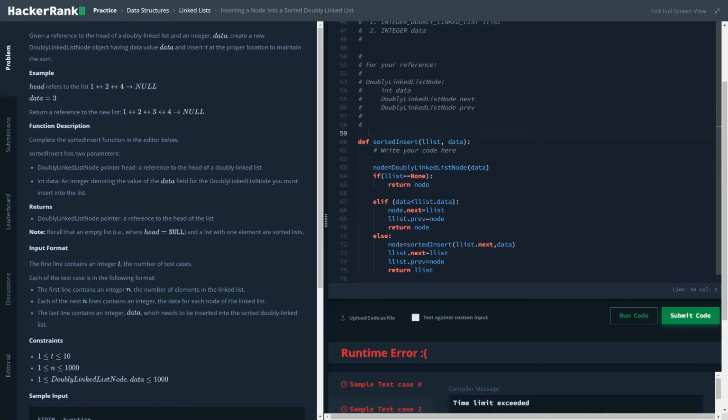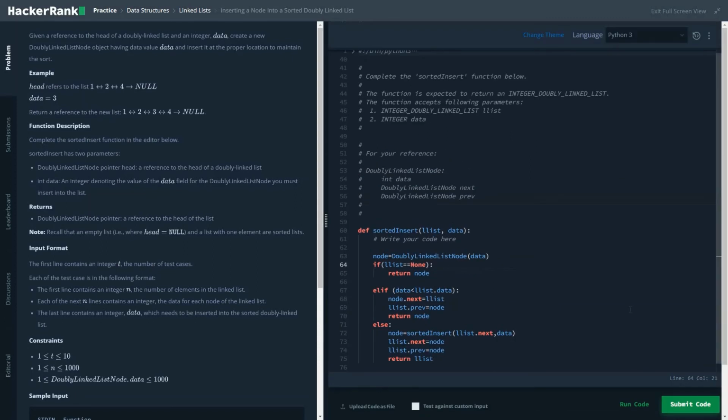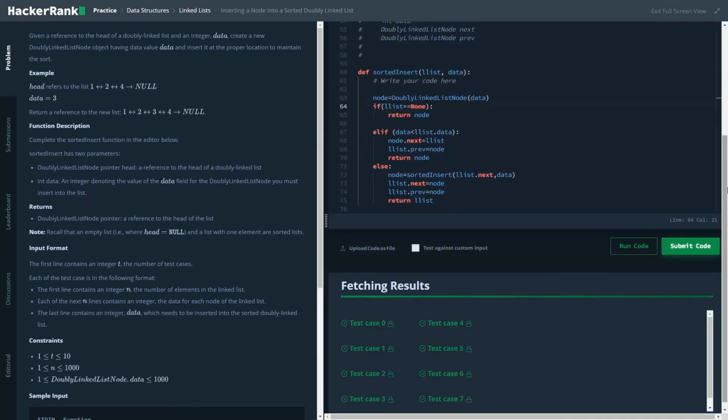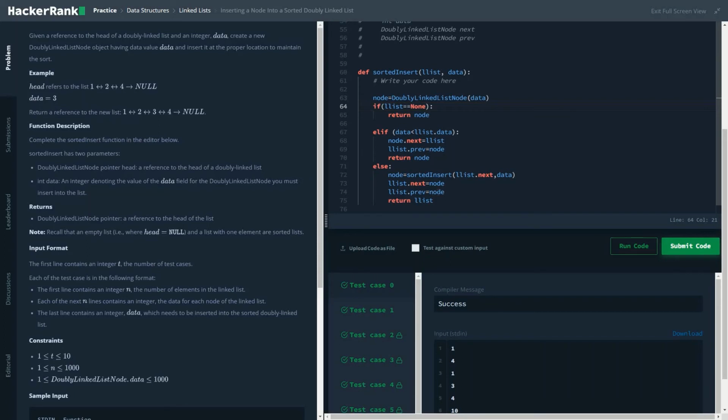Let me check. Okay, just a mistake. As you could see, it passed all the test cases.